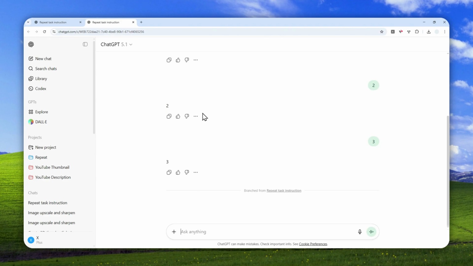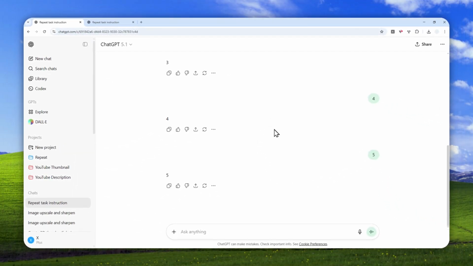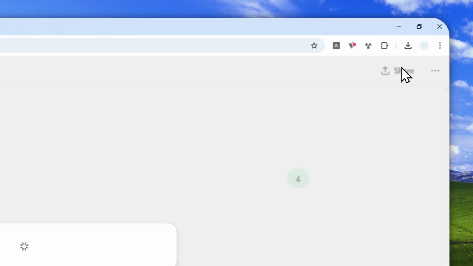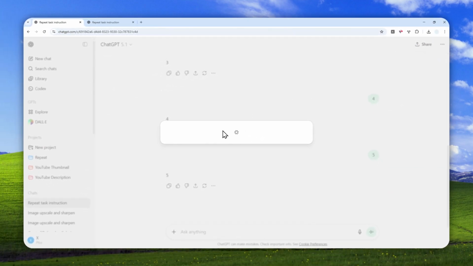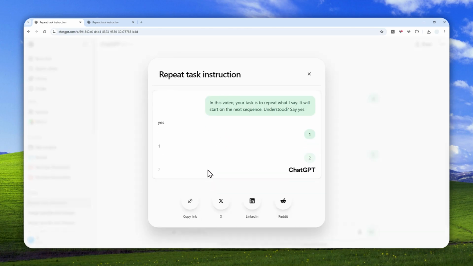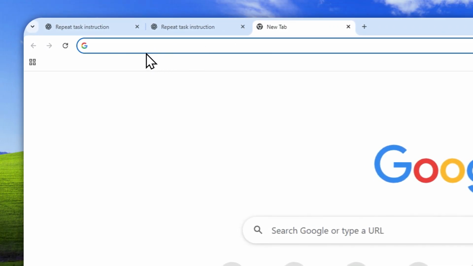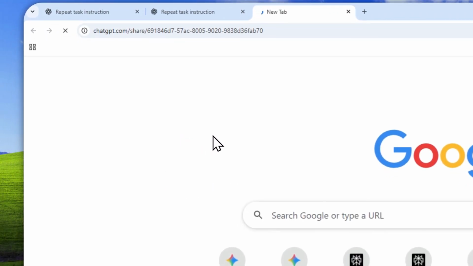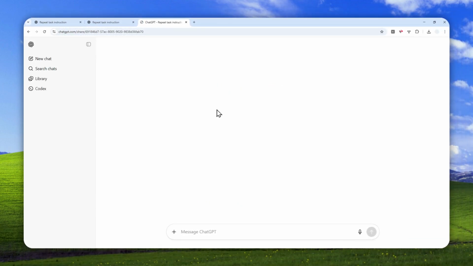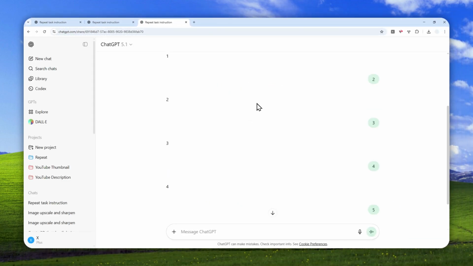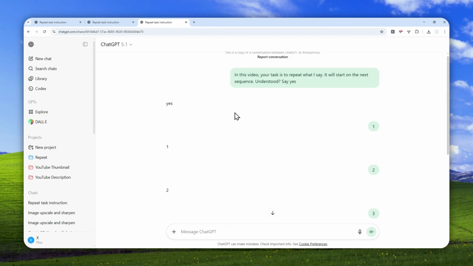But you can also duplicate the entire message. So I'm going to go back to the original chat again. And basically, if you want to copy or clone the whole message, then you can click this share button and then just wait for it until it generates the link. And we are going to copy and we are going to visit the link on a new page. So just paste that right here, wait for it to open, and you'll see that this is actually a brand